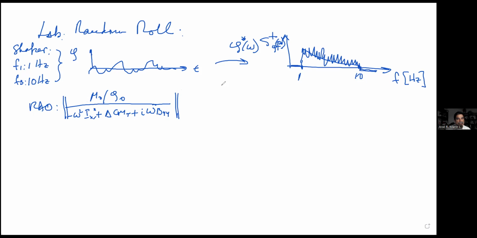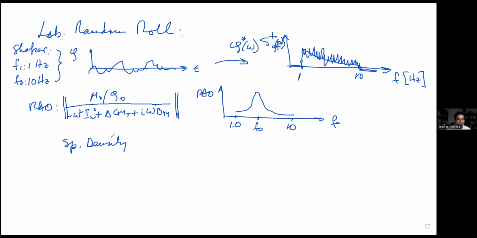So this is a function that probably will have a shape like this, right? The natural frequency will be about here. Okay, so we're going to be working in the range between 1 and 10, more or less. And now you can combine these two and you can obtain the spectral density of,